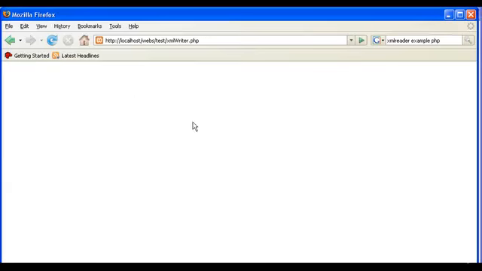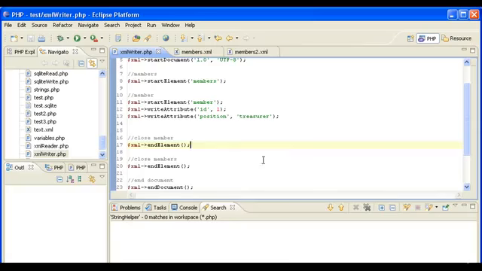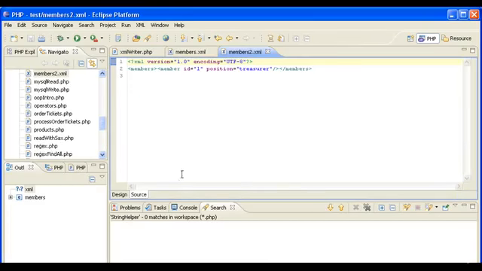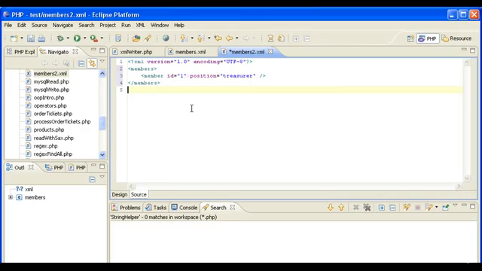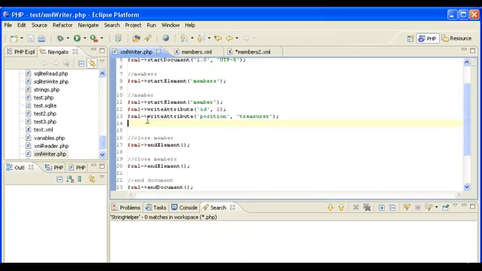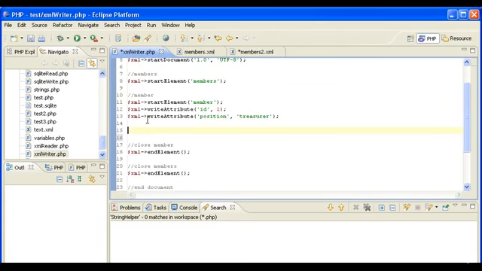So let's see how we're doing here. Create it. Go to our file, reload it, and here I can do Control-Shift-F to reorganize my code indents, and we have a member with ID 1 and position treasurer. Excellent. Let's keep going. So what else do we need now? We need a first name. So first name,